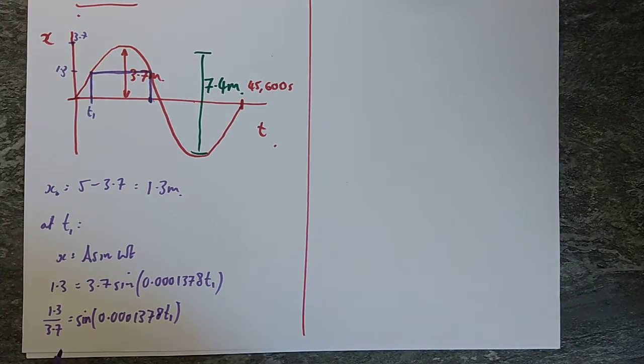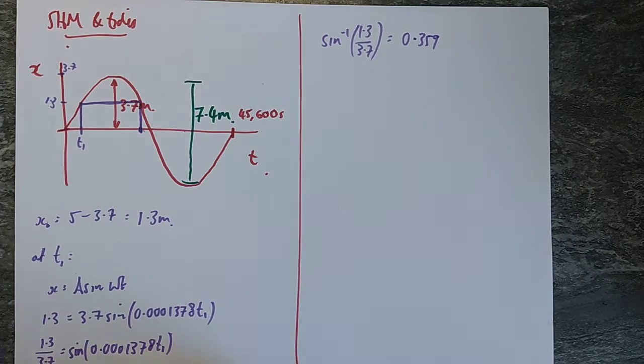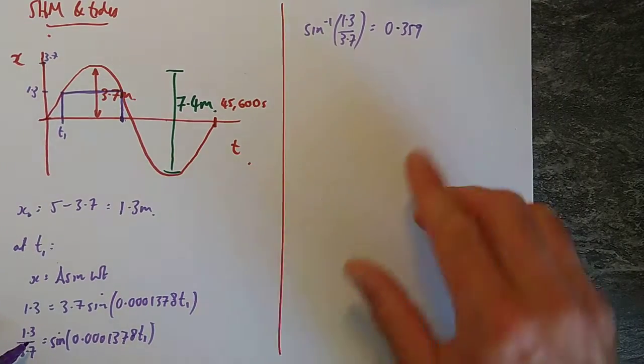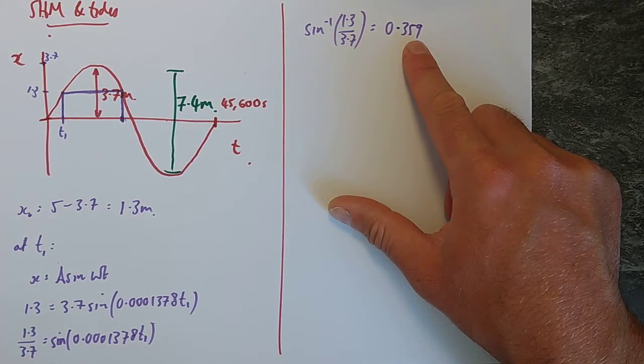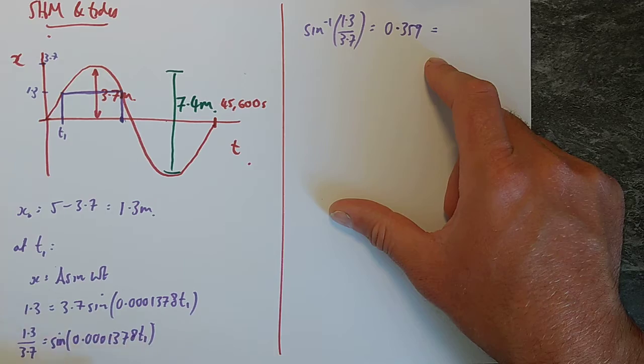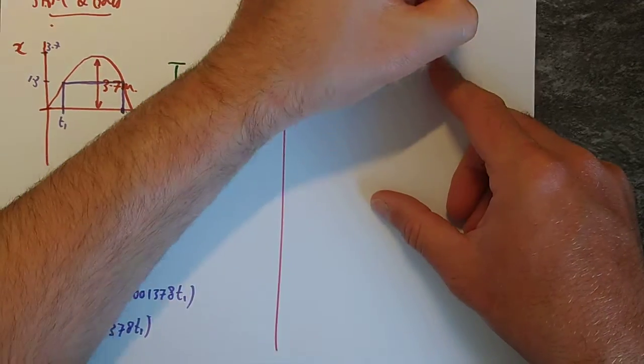Now, if you got the wrong answer for this, this is maybe one of the parts that you got wrong, is the fact that this is in radians per second. So when we do arc sine, or sine to the minus 1 of this, we need to make sure that our calculator is in radians. So when you take the arc sine of this term down here, you should get 0.359 radians, and that is equal to this term we've got in here, which is